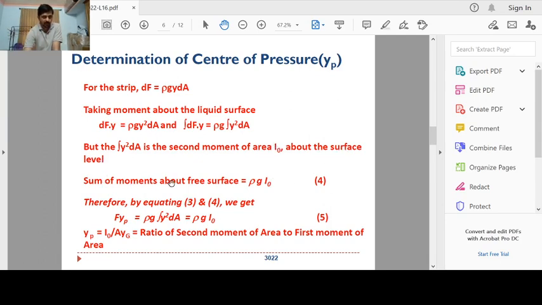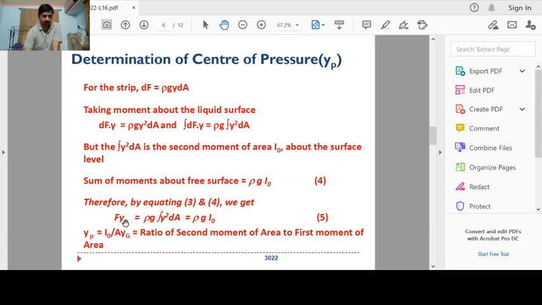So the sum of moments about the free surface is equal to rho g into I naught, where I naught represents the moment of inertia of the vertical surface with respect to the free liquid surface. Therefore, equating the previous equations, equation numbers 3 and 4, you will get